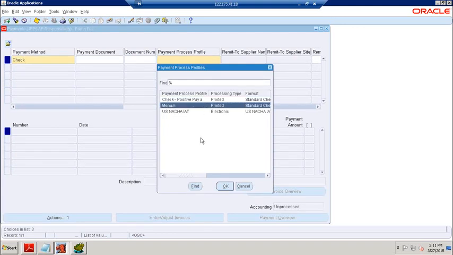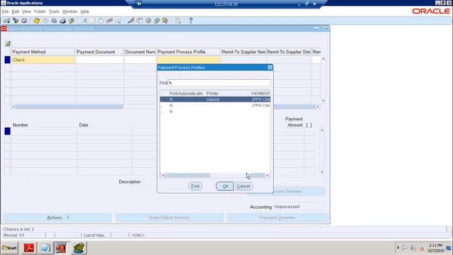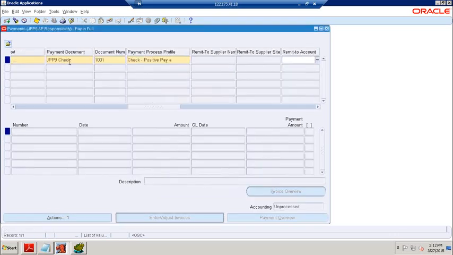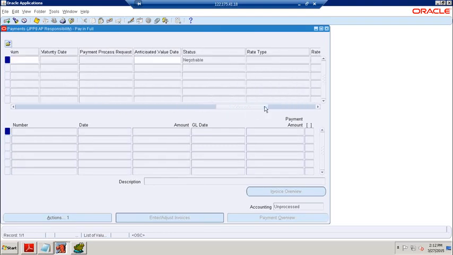So here I am choosing manual, okay, standard, and okay, anyone we can choose. Now I am choosing check positive pay. Automatically it will come. We already used check number 1000 in the last transaction, right? So next, remit to account.